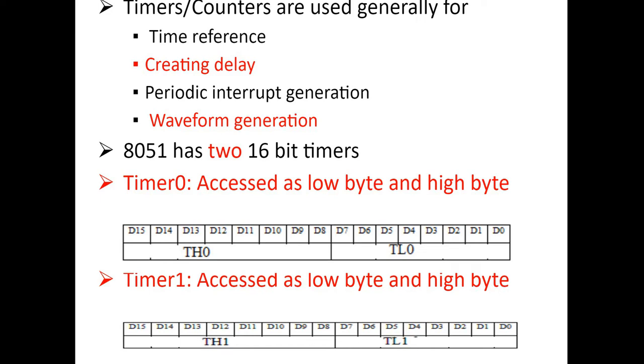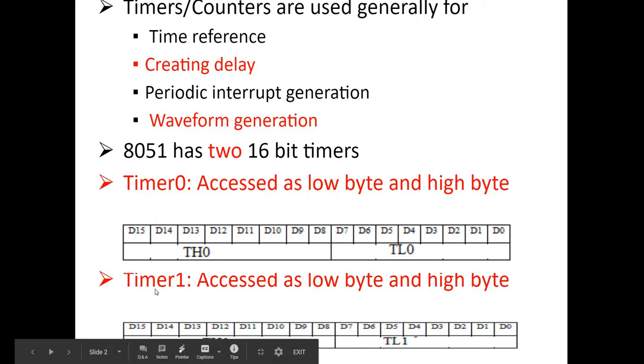So timers are counters. These can be used as timers to generate a delay, or as counters to count the events happening outside the microcontroller. Here I'll be explaining how to use the timers to create the delay or to generate the waveform of different clock frequency. So 8051 has got two 16-bit timers called timer 0 and timer 1, and both are 16-bit wide,